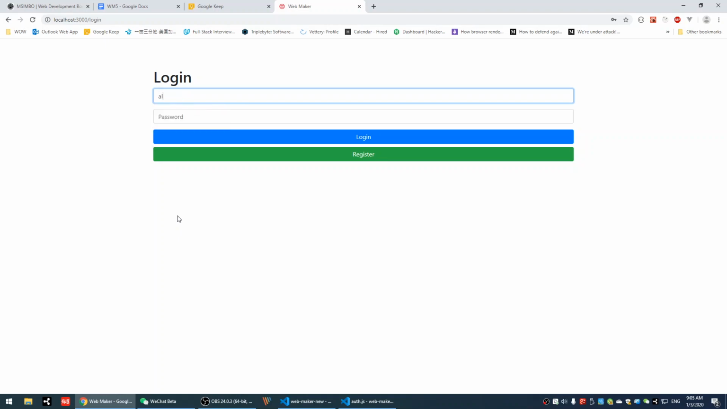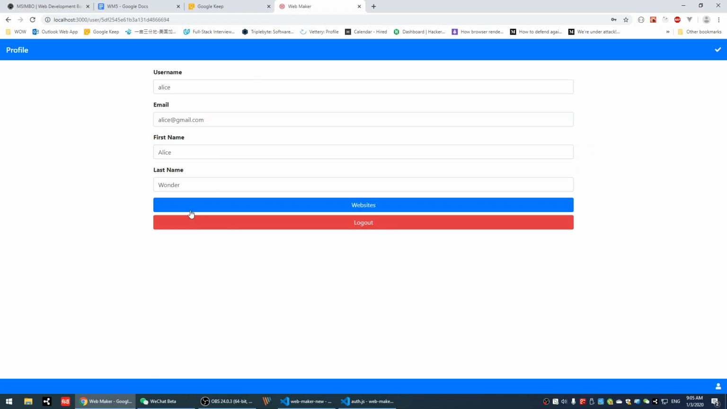If I log in as Alice, I can check her profile, I can edit her profile, I can check all the websites she created, right? And I can just log out, log in. But there's one thing that is not very secure here. It's not very safe because